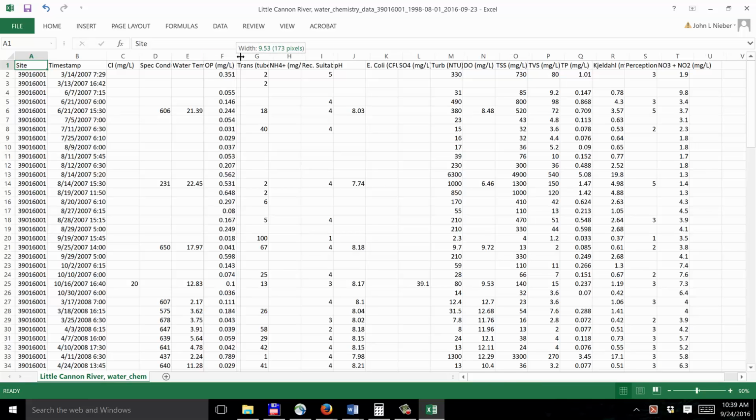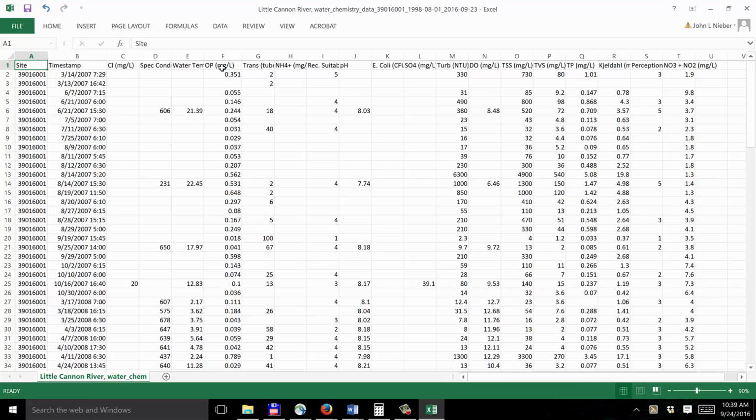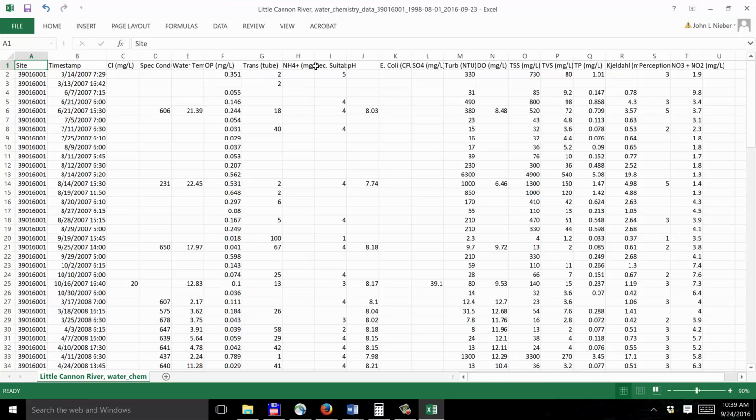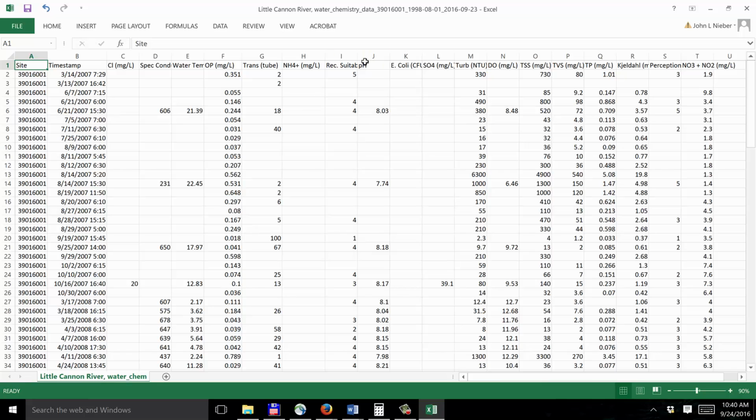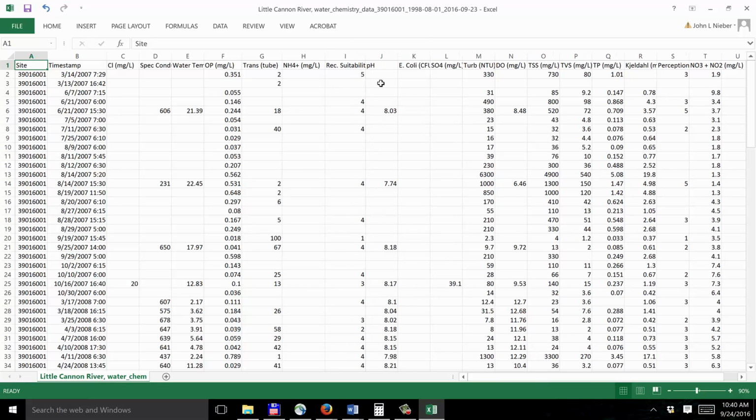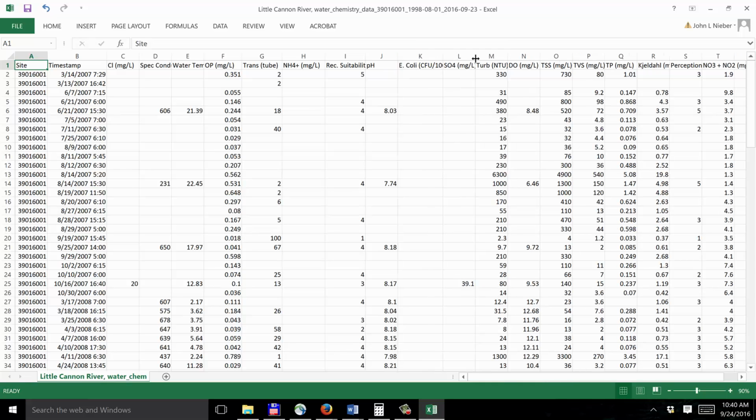I assume that's orthophosphorus. Transmission tube, which would have to do with turbidity, ammonium, something about recreational suitability, pH, E. coli, sulfate, turbidity, dissolved oxygen,